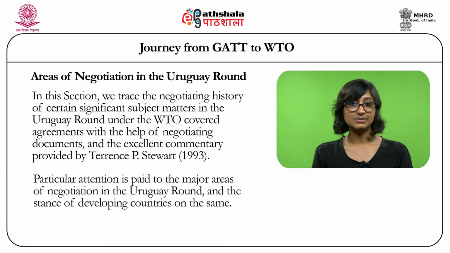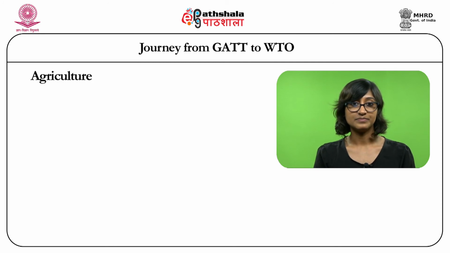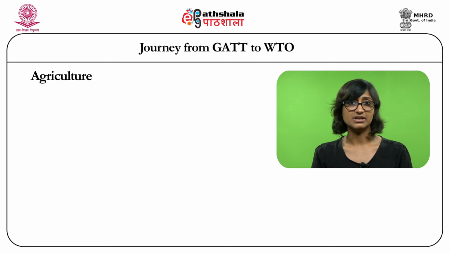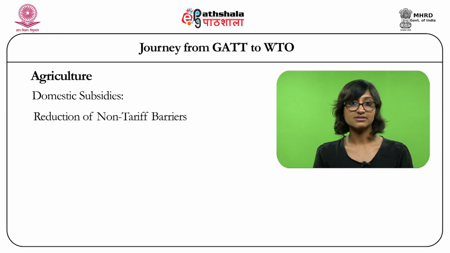Particular attention is being paid to the major areas of negotiation in the Uruguay round and the stance of developing countries and other major trading blocs on the same. The first major topic is agriculture. Agricultural negotiations could be divided into three major areas. The first was domestic subsidies, the second was the reduction of non-tariff barriers, and the third was the reduction of